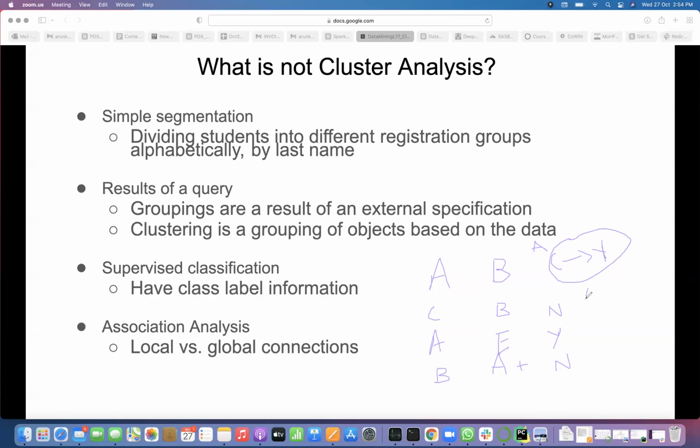Then you may say the rule is A equal to A. These are the attribute names, and these are the values for those attributes. I would have taken small letters for the values. So if A equal to A, B equal to E, whether this pair will result in yes or no, then you will evaluate this rule.